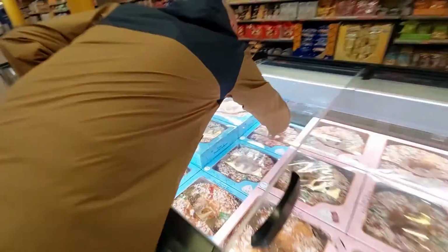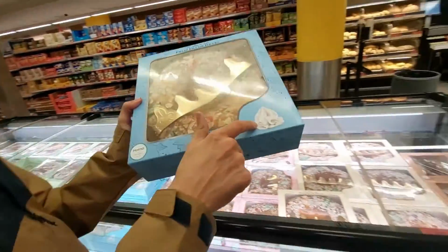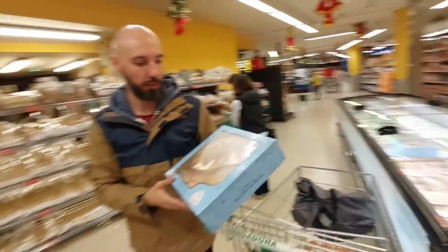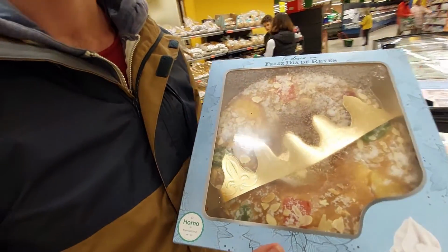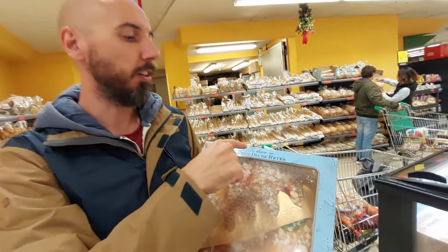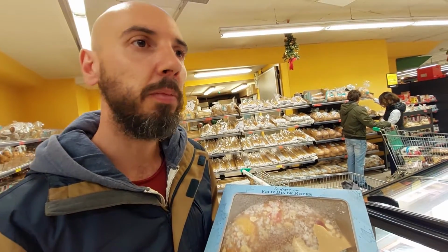What flavor is this? This is nata. Nata means cream. Okay. So come here because I need to explain something to you. This one is the most typical sweet for the day of the Three Magic Kings, which is on the 6th of January. It's called Roscón de Reyes, and you can find it with different fillings: with chocolate, with cream, with a